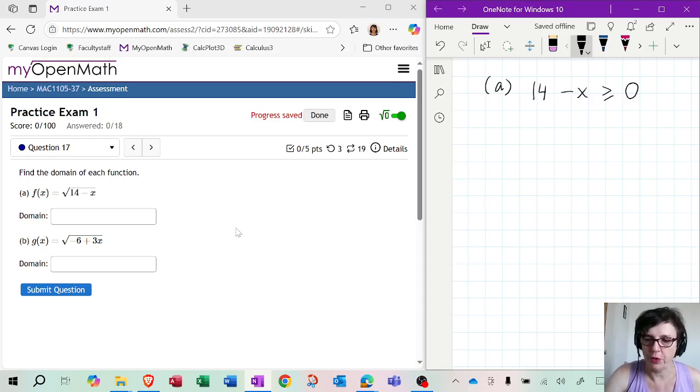Okay, so the first thing we do is we want to isolate x. So I'm going to keep it on the left-hand side, and I'm going to subtract 14 from both sides. Now, the operation of subtraction does not change the inequality sign. So nothing is going to change in terms of the inequality, still going to be greater than or equal to, but 14 and -14 are going to cancel. And on the other side, I'll get -14.